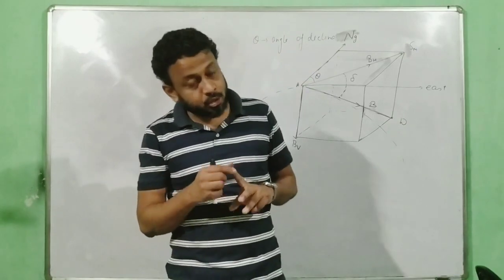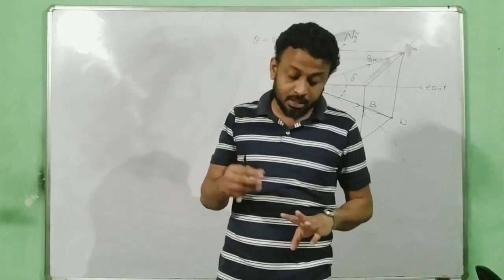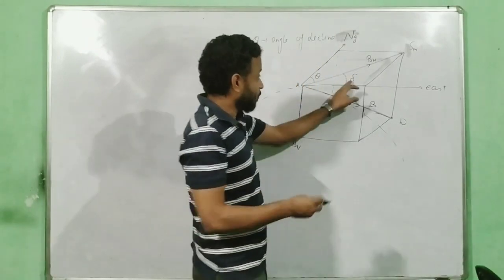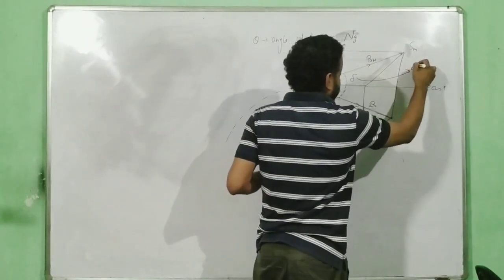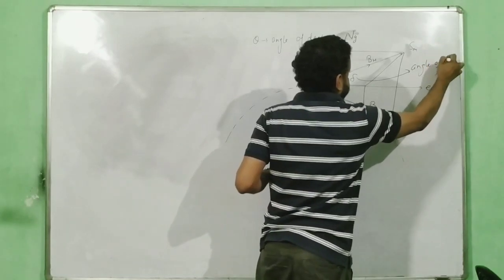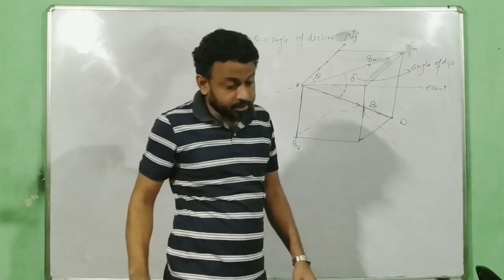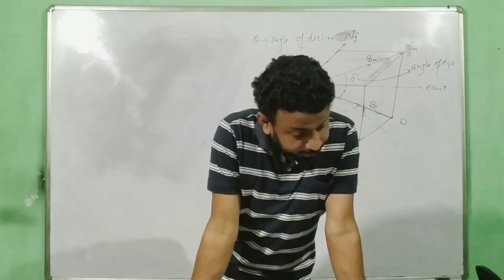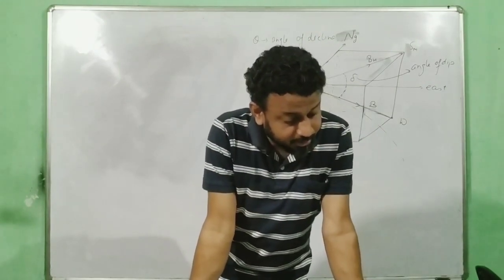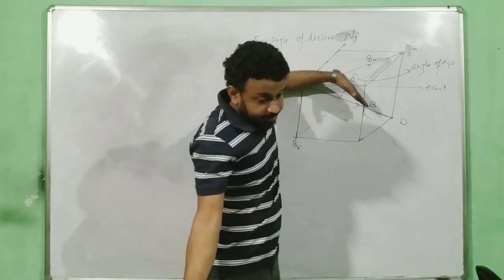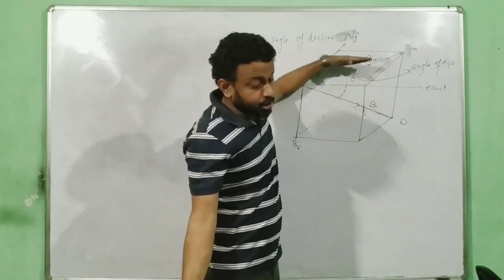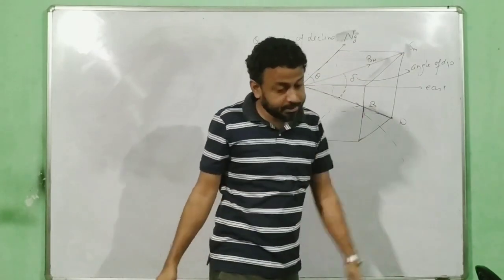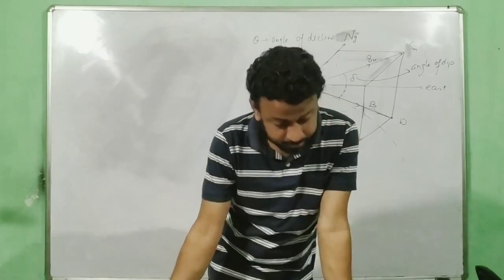What is Earth's horizontal magnetic field? What do you mean by angle of declination? And what do you mean by angle of dip? So over here, this delta is called the angle of dip. I can tell you the definition over here. The angle of dip at a place is the angle between the direction of Earth's magnetic field and the horizontal in the magnetic meridian. These things you have to know.